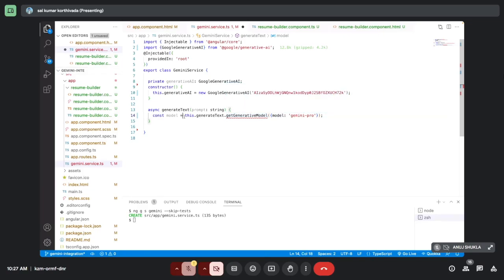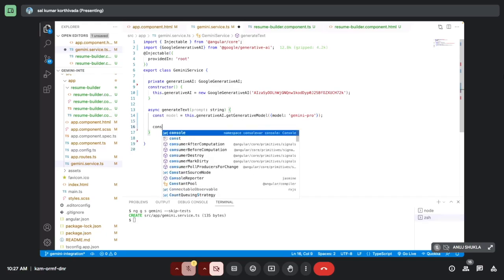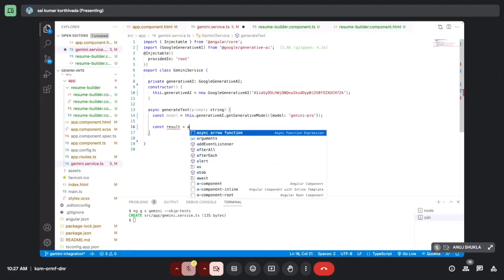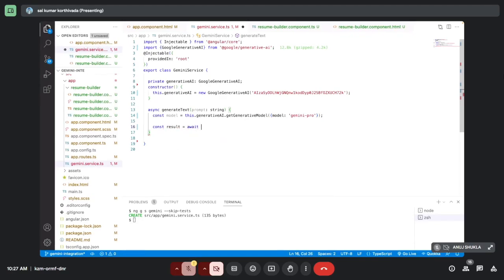On the promise. Okay, sorry. So this dot generative AI dot get generative model. So you'll be getting a model over here, and then we will be doing some set of stuff where we will be sending our prompt to the generative model. So how you can send is just you will be catching the response, and you will be sending via await